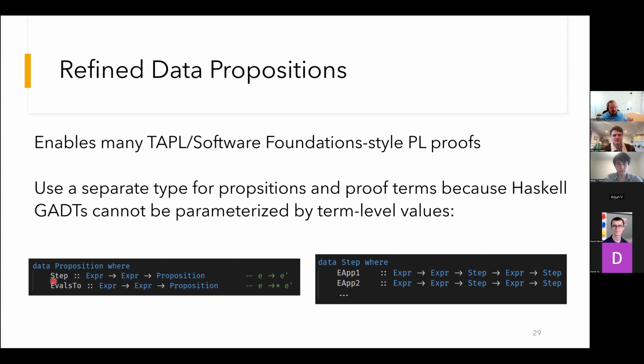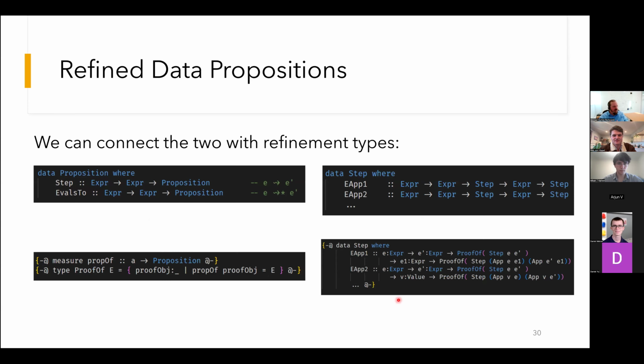So for instance, in the semantics of lambda calculus, we could say some expression E and E prime are related by step. So step E, E prime, that's a value of the proposition type. And then we can encode our proof trees as ADTs in Haskell, and that'll be sort of a direct translation from Coq. So then the key, what we added to make this technique work is a few lines of boilerplate